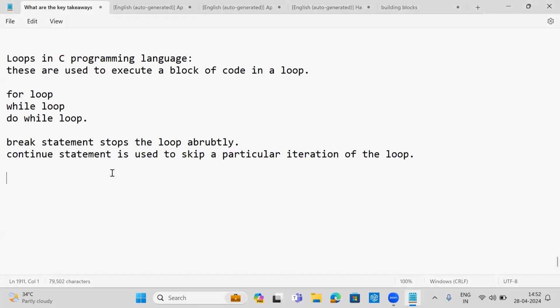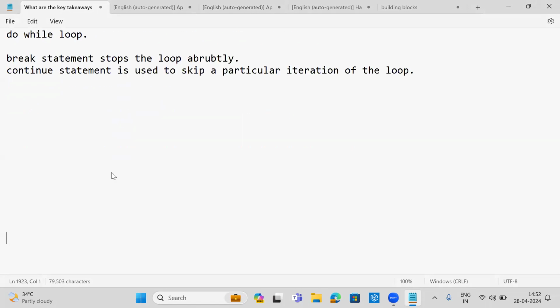So let me show you an example of this break statement. The break statement is used to come out of the loop when a condition is met. So if you start a work and you want to come out in the middle, you don't want to complete the task due to some reason, in programming, we do that using the break statement. Okay. So for example,